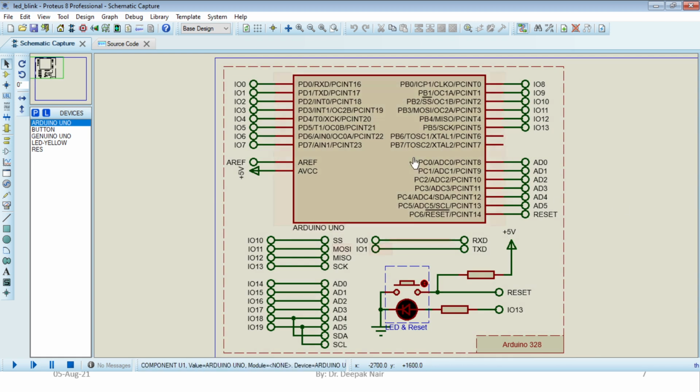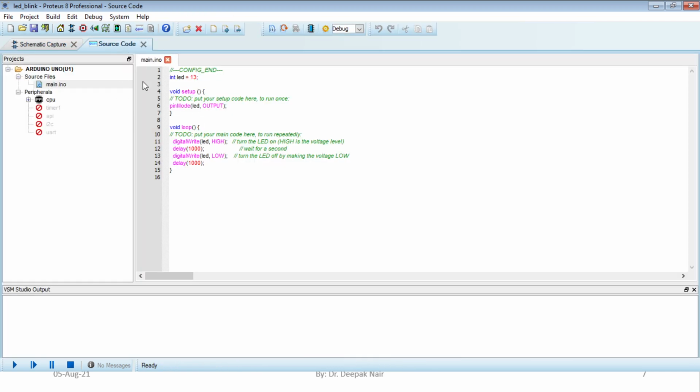So this is the board which is provided by the Proteus, and in this section you can put the source